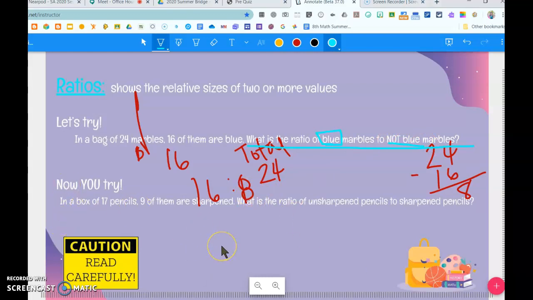So we have a box of 17 total pencils. And 9 of them are sharpened. So sharp is 9. So not sharp is how many? 8, yeah, you're right. 8 are not sharp. So then we look at the question and it says the ratio of unsharpened to sharpened. So we have to actually rearrange how we wrote it, and it's 8 to 9 because they wanted the unsharpened